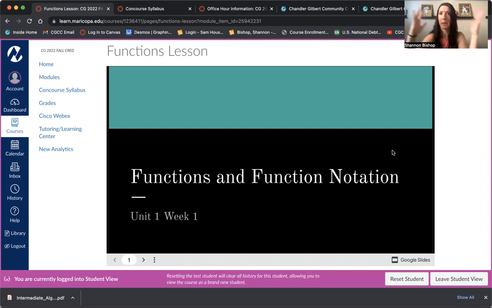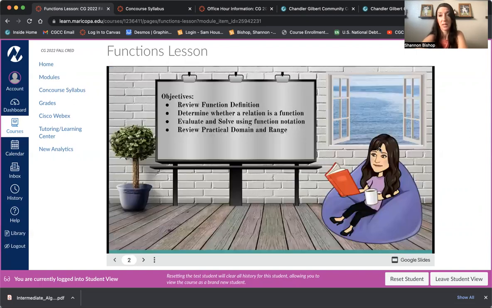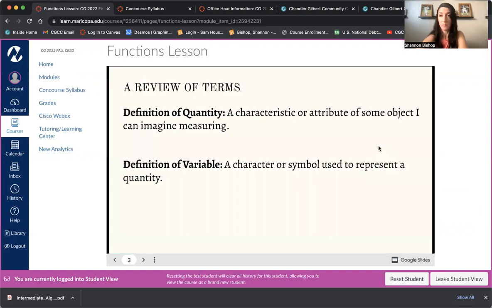I gave an abundance, just in case you need more than whatever I may have given you initially. There's more options that I give at the end, so you hopefully will not need to Google to try to find a video. I have plenty, I think. So you're just going to go through these lessons. You're going to take notes